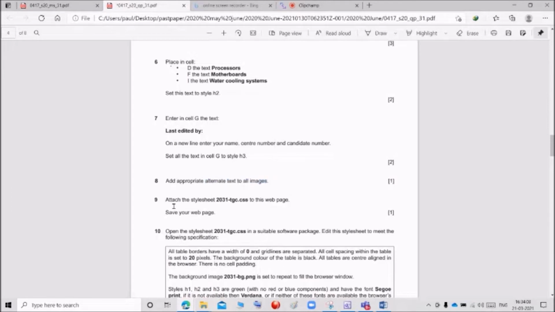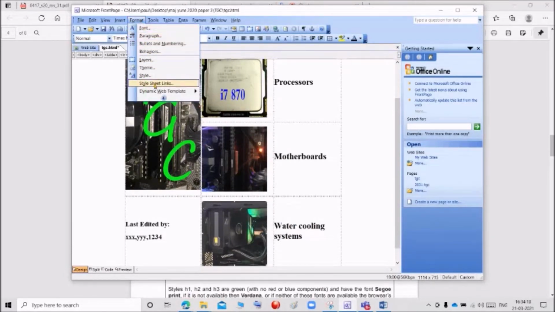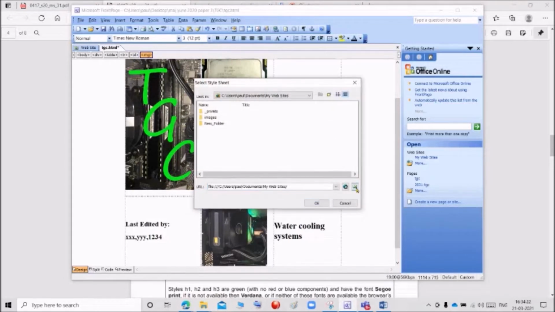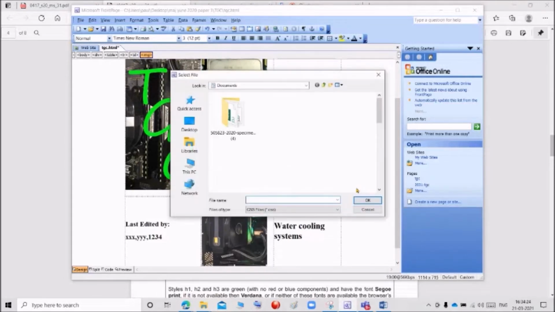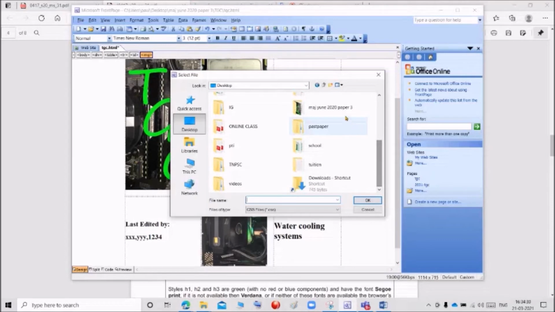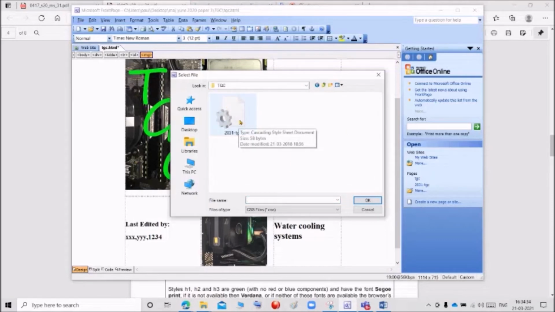Next, attach the style sheet to this web page. We are going to attach this style sheet to the web page. So I'm going for format, go to the style sheet links, click add. After that, select the folder and go to desktop, in the folder May June 2020, go to TGC and this is my style sheet.